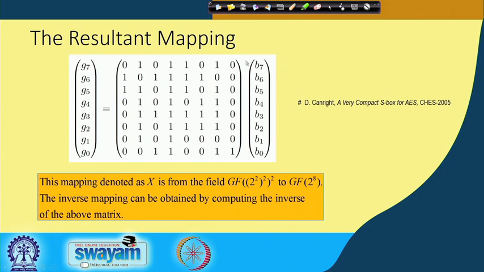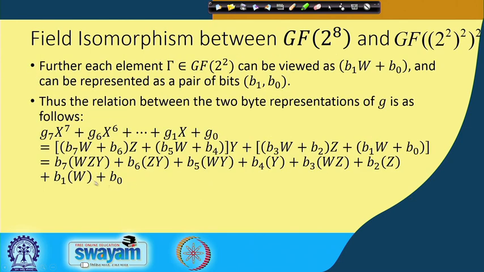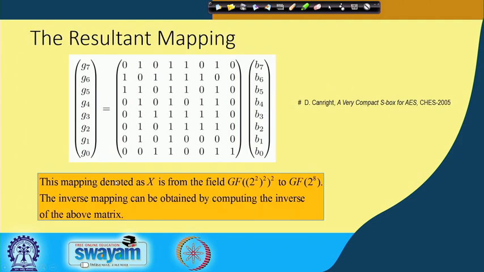Okay. You can observe that the last column is 1, and that also you can verify here that in your elaboration the last column is nothing but 1. So B0 is multiplied with 1, and therefore your last column of this matrix is 1. That means 1 gets mapped into 1. So this mapping is denoted as X in the form of the field. This is the mapping from GF, because you have got this as an input and you are calculating this as an output.